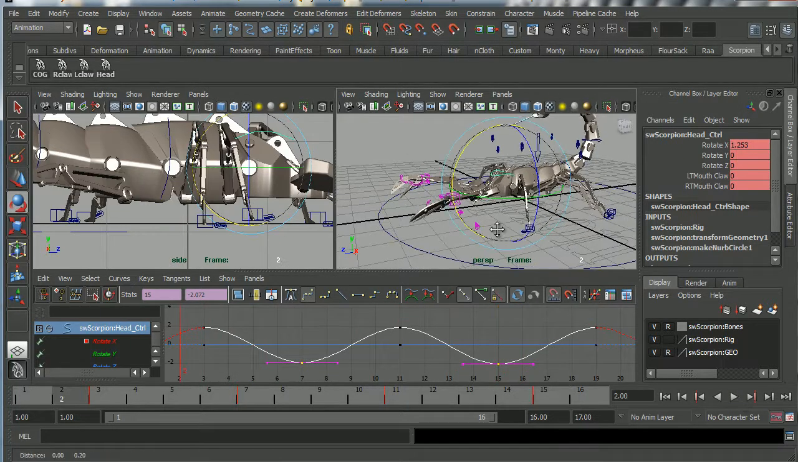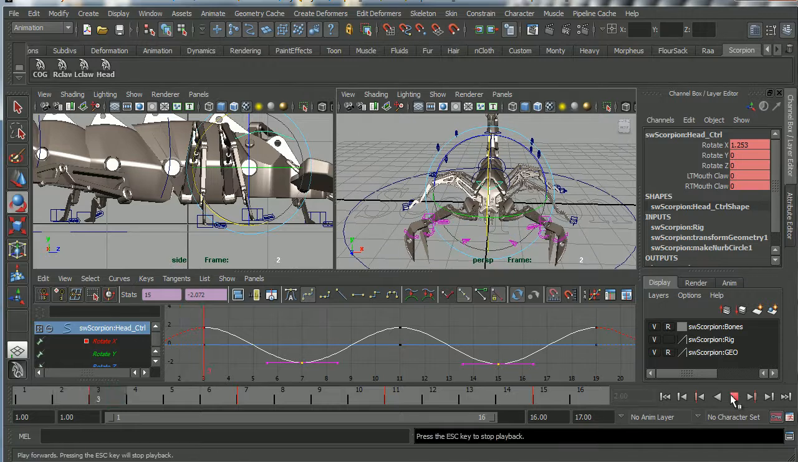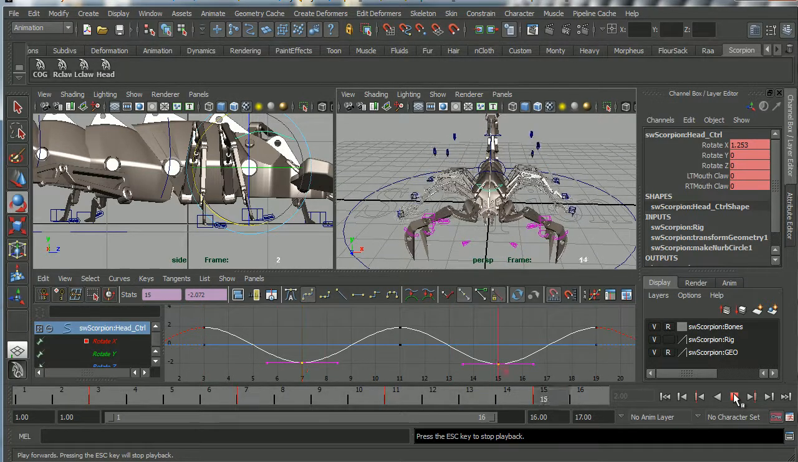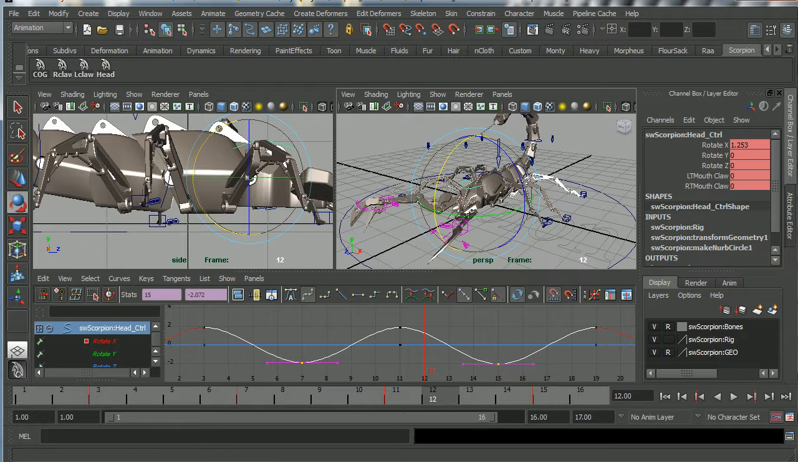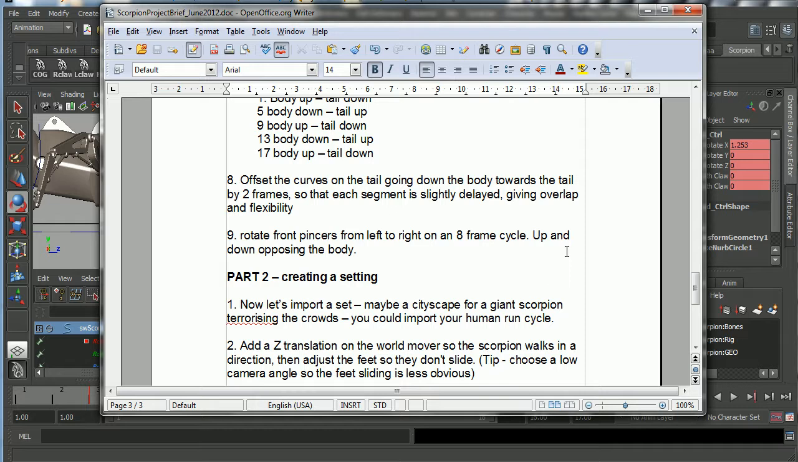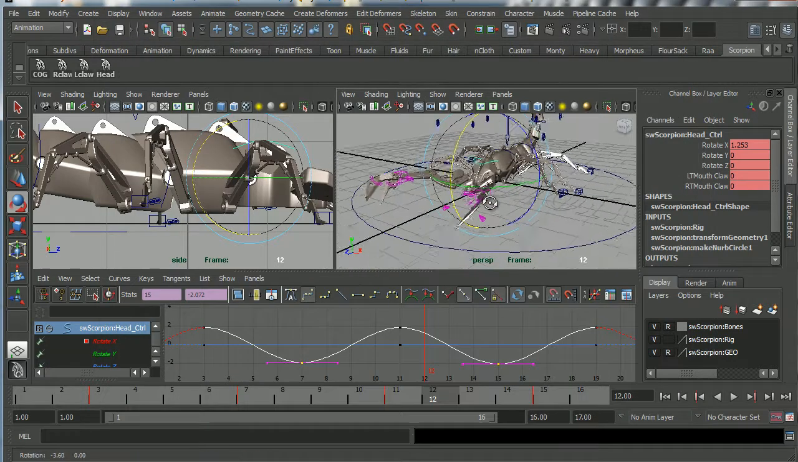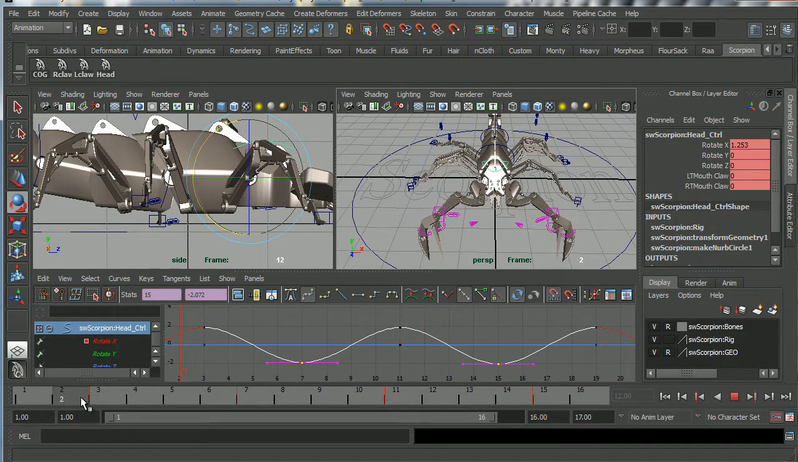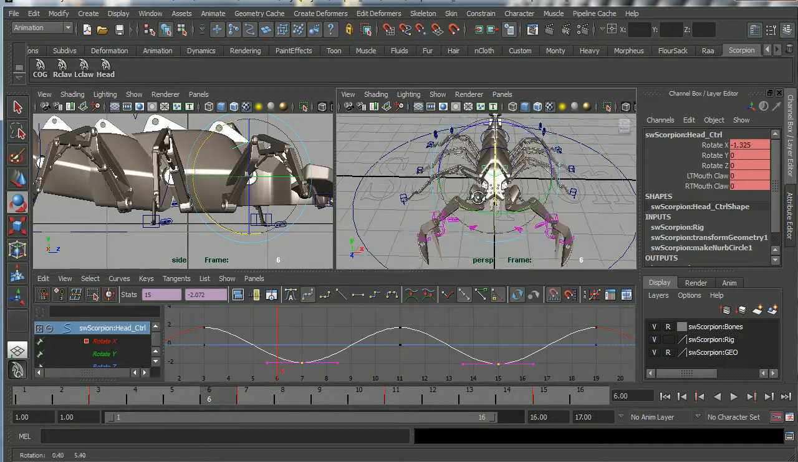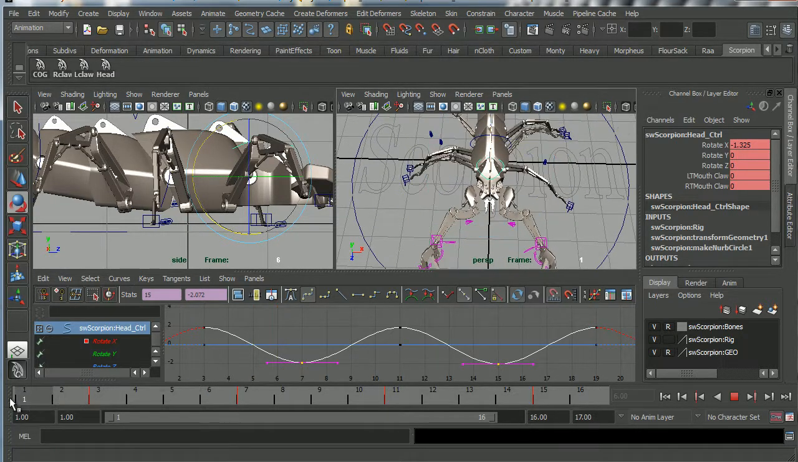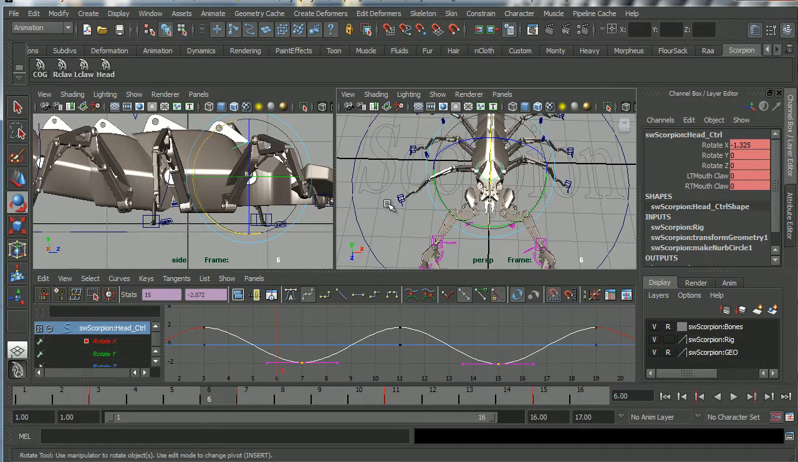Okay, so we've got the claws working, and now we should also, let's go back to my menu, which is in the project brief. So offset the curves on the tail, offset the front pincers, one down opposing the body. Yeah, we could do a little animation on the pincers, that would be nice. So why don't we have the whole head rotate so that as that leg comes forward,